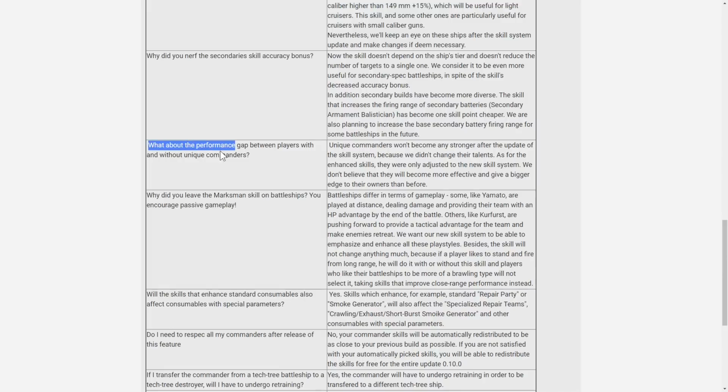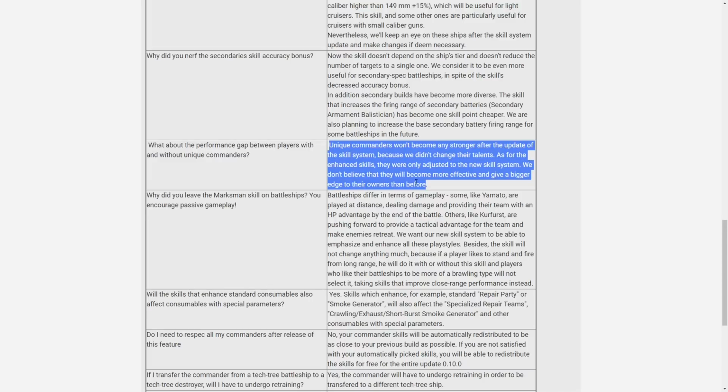Next, what about the performance gap between players with and without unique commanders? And Wargaming's answer here is basically that unique commanders don't become any stronger under the new skill system. I don't know that I fully agree with that. And I'm going to pick on the poster child here, which, to me, is Günther Lütjens, who has skills and buff skills and talents that are aimed at all classes of ships,